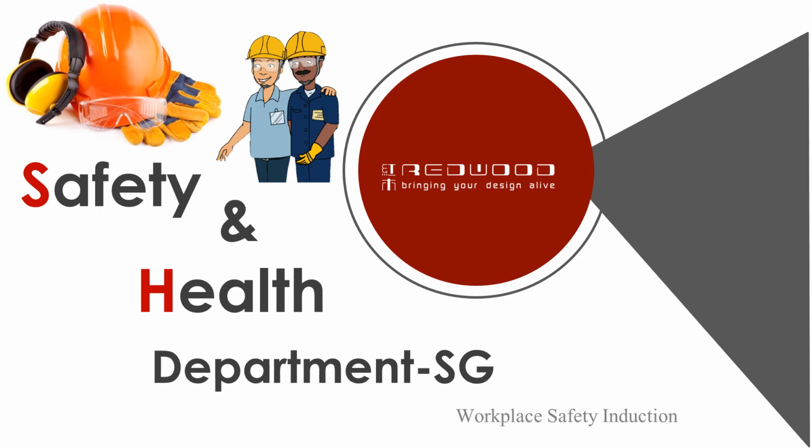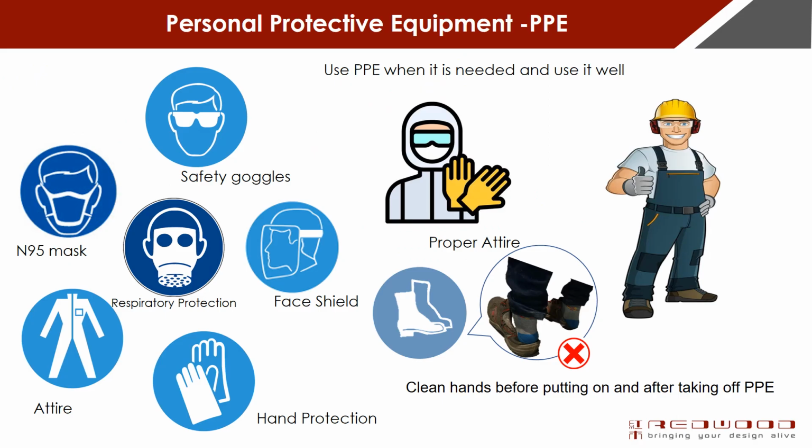Let's start the safety orientation program. Personal protective equipment (PPE) must be properly worn at all times to protect against hazards such as sharp objects, dangerous equipment, and chemical exposure. All personnel are required to correctly wear and use PPE at all times while on duty. Below slides are examples of PPE that must be worn when performing tasks such as